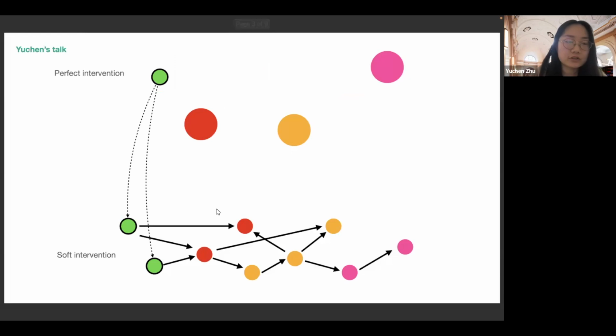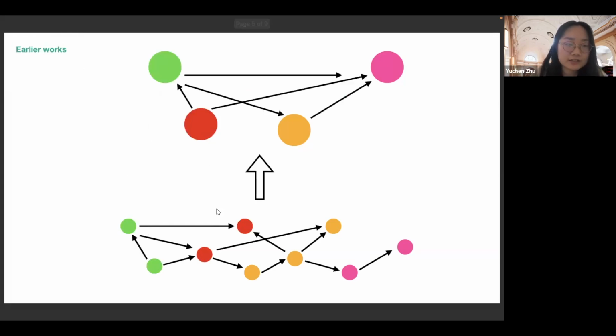Recall that in the first talk of the series, I showed causal abstraction from the point of view of micro-level implementations. I illustrated the consequence that choosing different micro-level implementations can make certain structural properties of the macro causal model, namely confounding, ill-defined. Earlier works take a different view, where they first hypothesize some fixed causal model over the macro variables, and then they check if it is consistent with the micro model